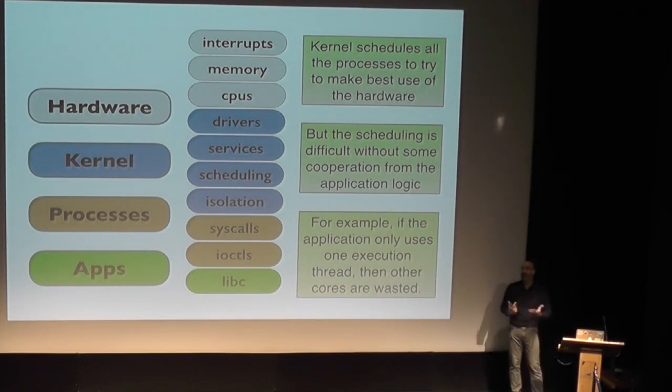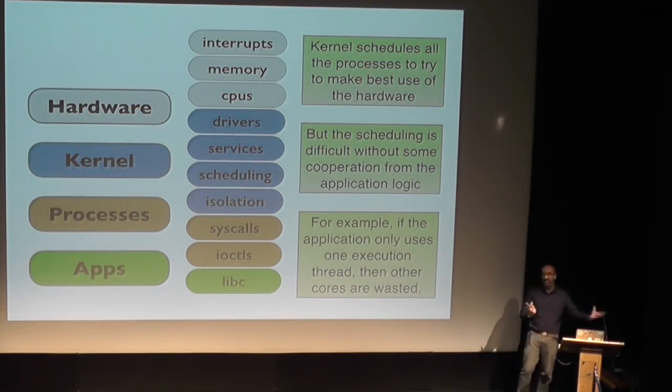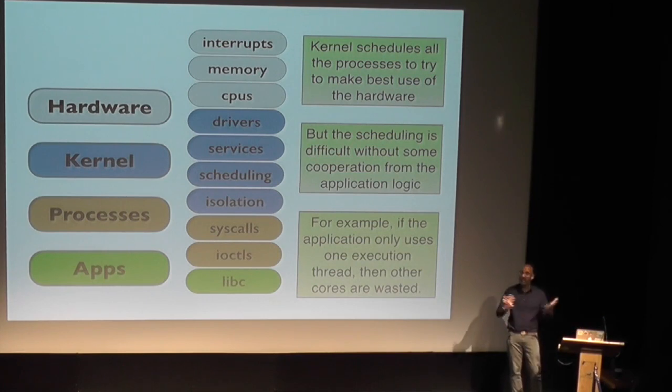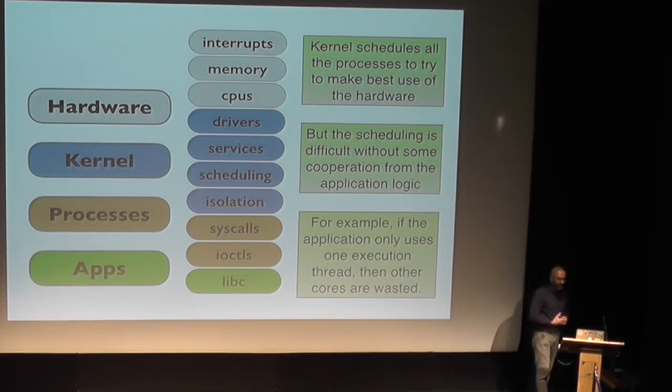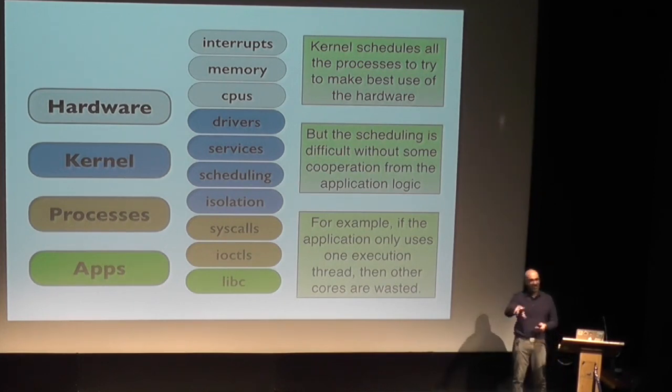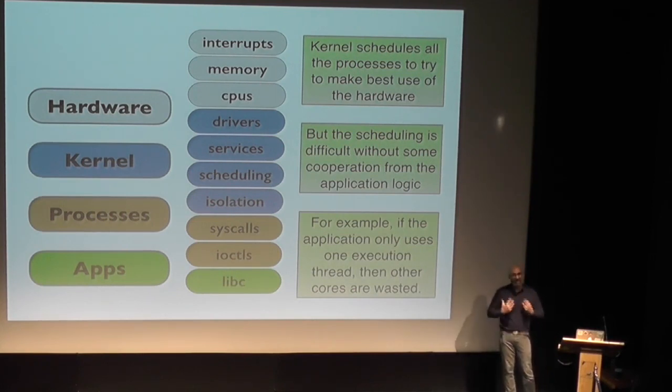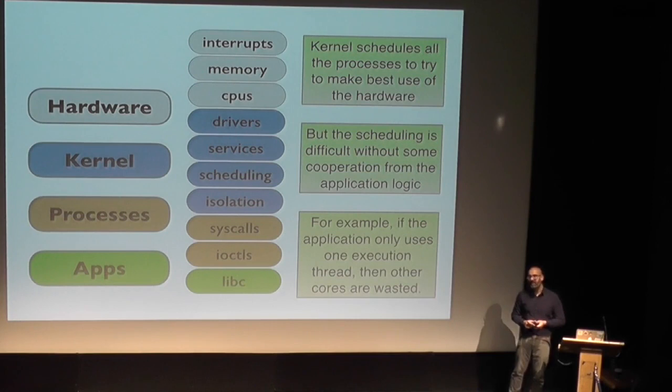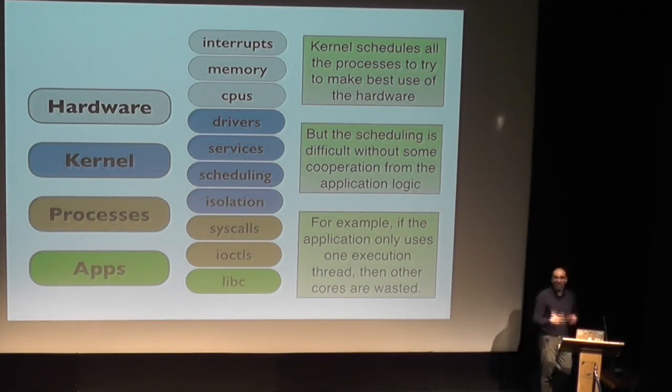And it's trying to make the best use of all the hardware. And all it knows about the hardware is the device driver mappings that it has available to it. And sometimes it doesn't even know it's there. If you hot plug in a USB device, think about what your poor kernel has to do. It's suddenly got to rewire all of your hardware routes. It's got to explain to its running applications that this new resource is available. And what if by the time it's done that, you've just unplugged it again and everything's gone? It's got to deal with so many things asynchronously behind the scenes. And the problem is that scheduling is very difficult if the applications don't cooperate.